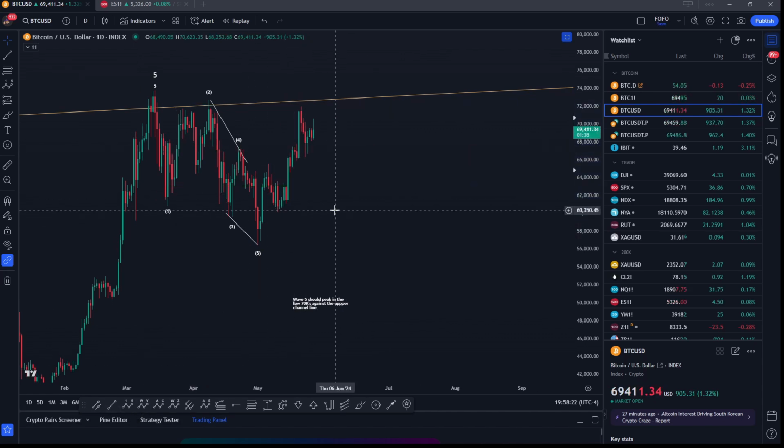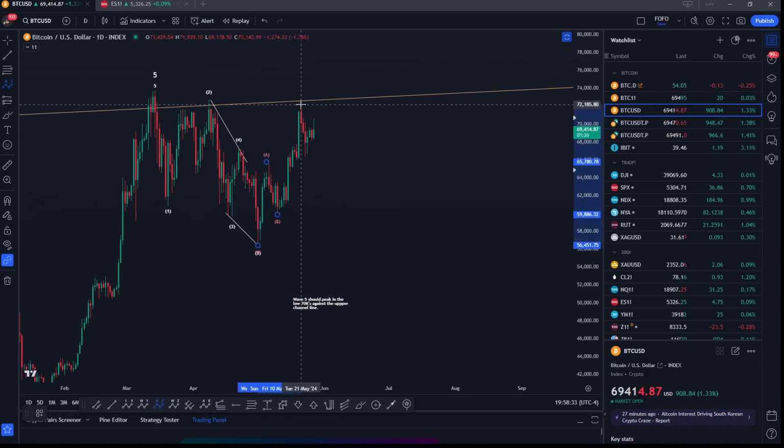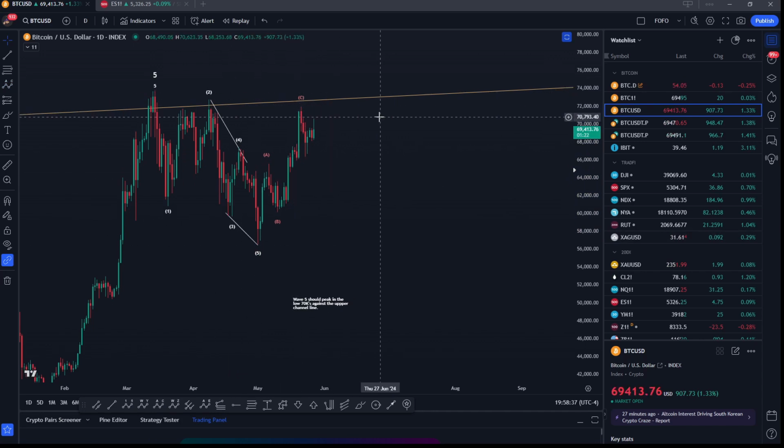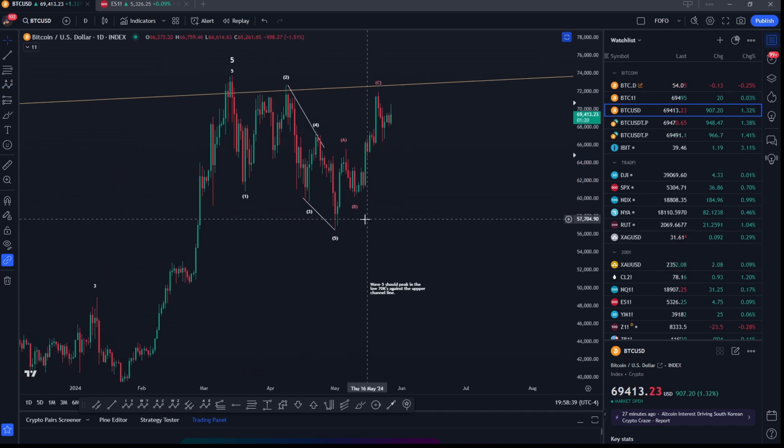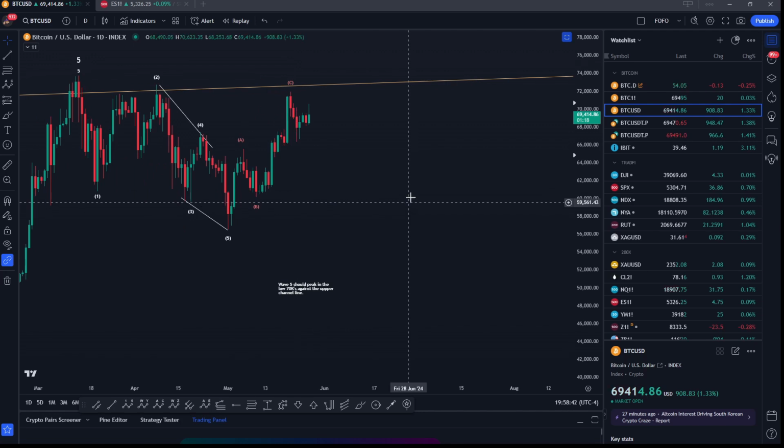But it says expect a deep correction. So as of right now, all we have is a zigzag here. It's a regular old stinking zigzag. A simple zigzag, if you will, labeled A, B, and C. A, B, C, right there. That's it. That's all we have right now. It's a zigzag. In fact, if we're going to use some guidelines here,